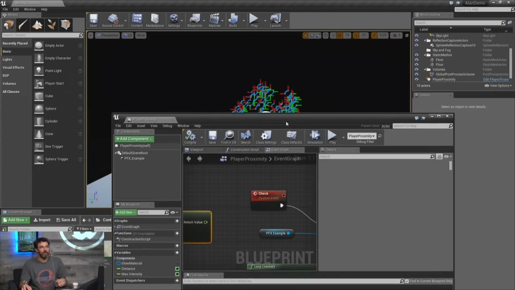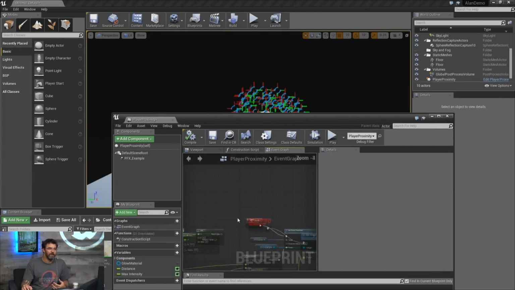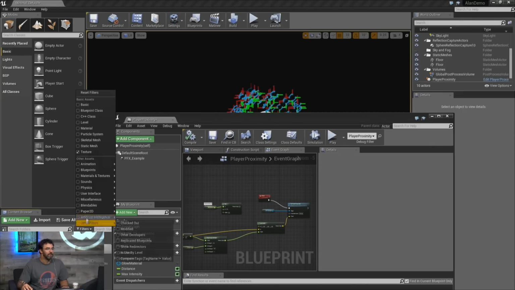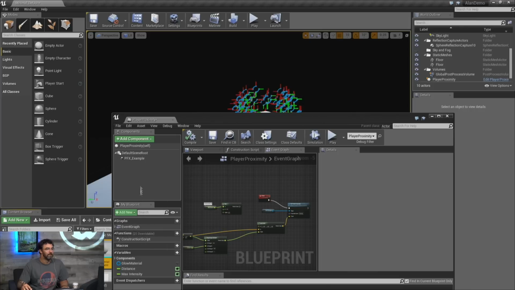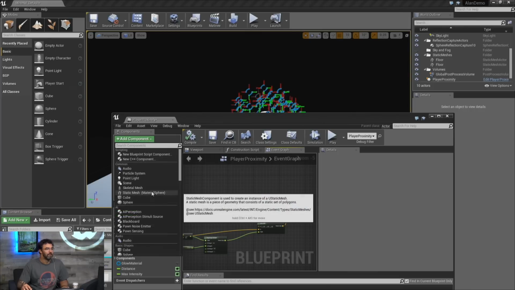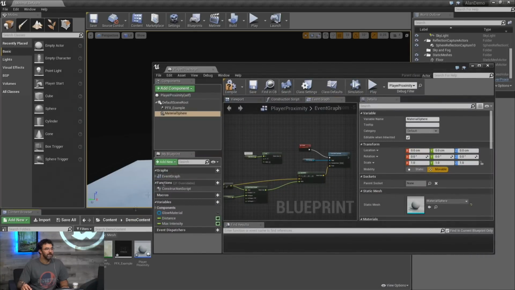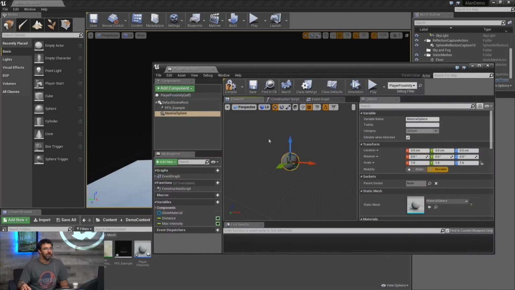Now, obviously, you can combine these things as well. So I could do proximity checks to do the glow and have things scatter off. So if you do the I-imagine-I'm-wind thing and you want to have that glowing sphere, I can add my static mesh back in. And find my material. So now I've got both the static mesh and the particles, and they're about the same